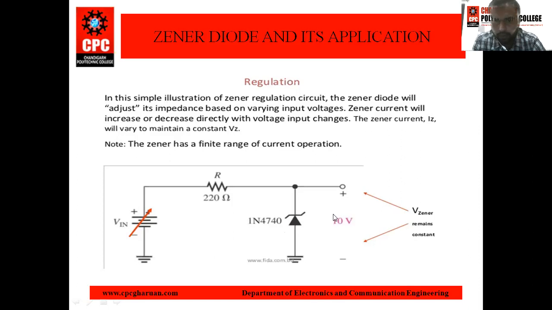After 10 volt, the diode barrier breaks and current can flow through it. Due to that, the voltage across this diode is 10 volt, as shown in the figure, and you can connect any device from this point. So a constant voltage is obtained across the device which we connect to this positive and negative terminal. This is your voltage regulator.